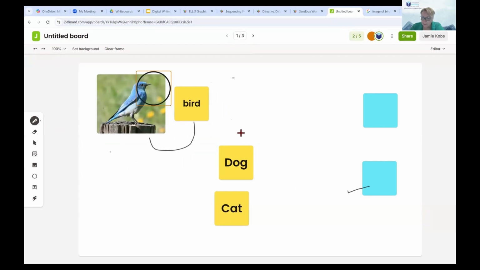Yeah, mine isn't uploading either. It's thinking. Right, so the image feature on Jotboard, it's something to consider. It is a little bit wonky, for lack of a better word. Sometimes it doesn't cooperate. While you all continue to play on Jotboard, I'm going to get a Padlet ready